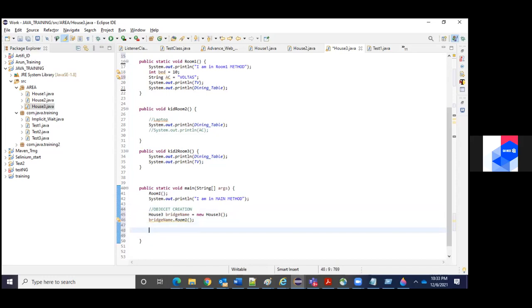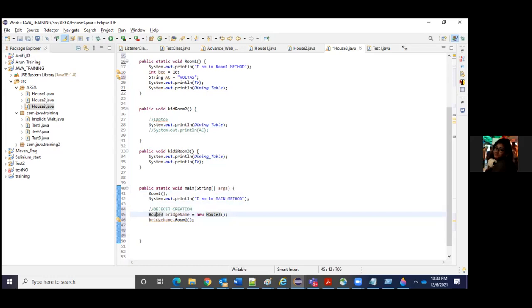Now, we already talked about a variable called static here, right? There are two types of methods we have talked about. One is static, another one is non-static. Now the point here is, why do we need this? What is the necessity of static here?